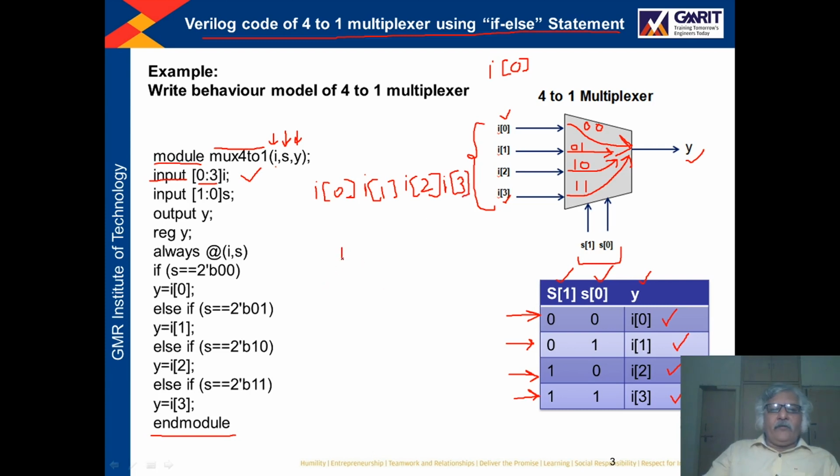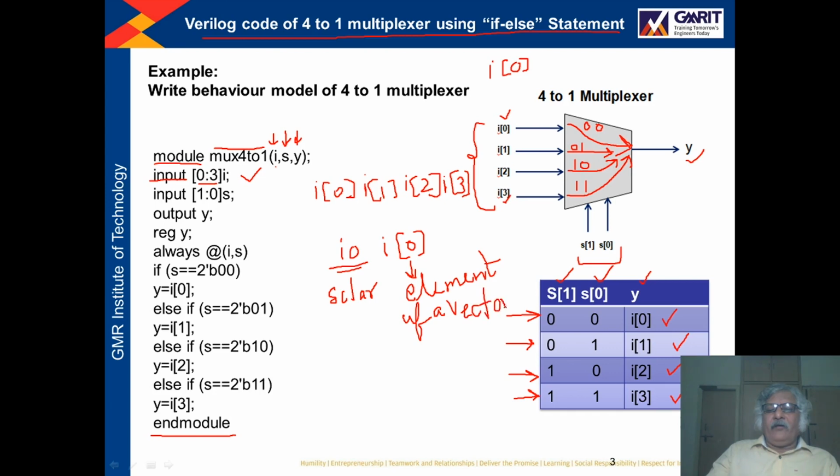See, there is a difference between I and I[0], right? There is a difference. This I is a scalar, and this I with 0 you have written inside square brackets. So this means this is an element of a vector.